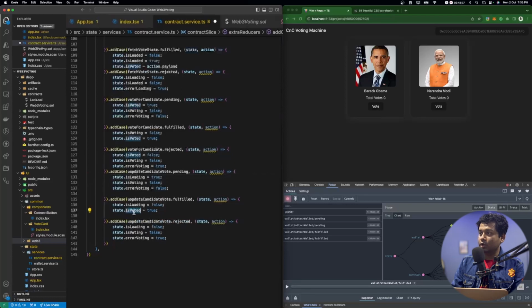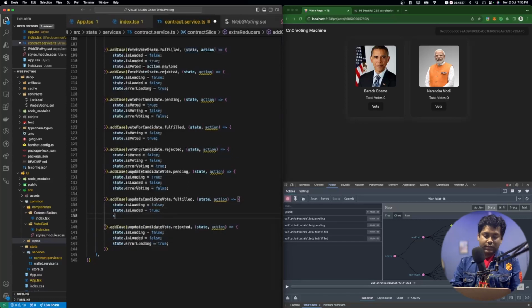And this will be isLoaded. Loaded. Okay, error loading equals true. So the only thing we need to do is in the fulfilled section, we'll just update